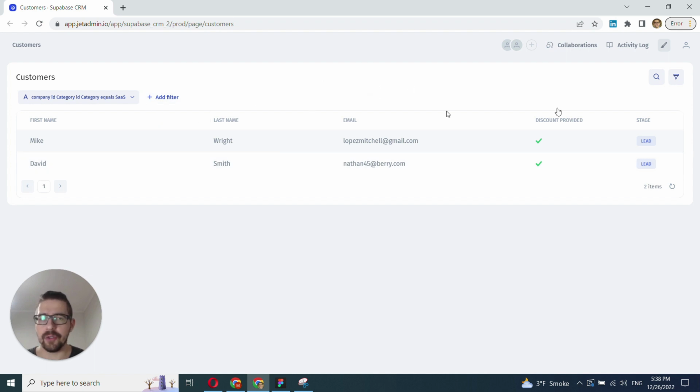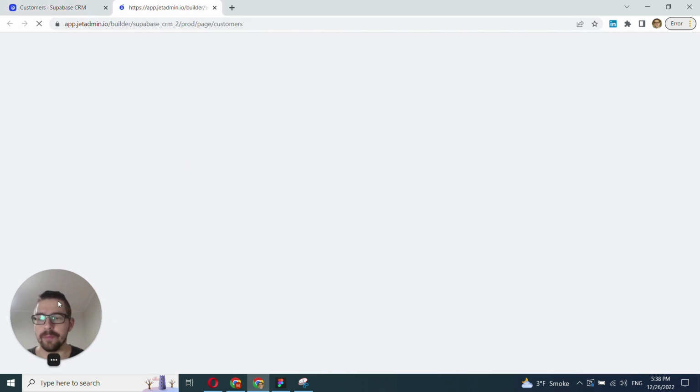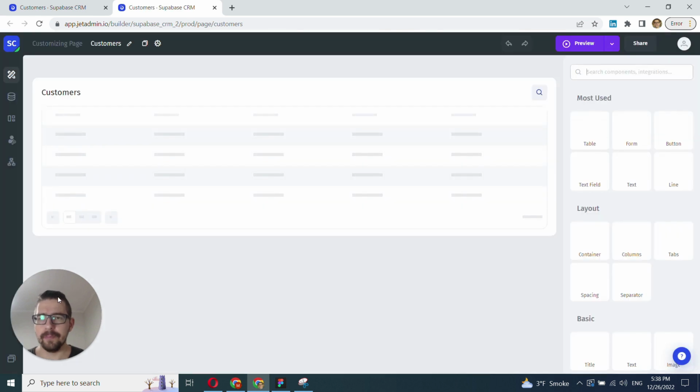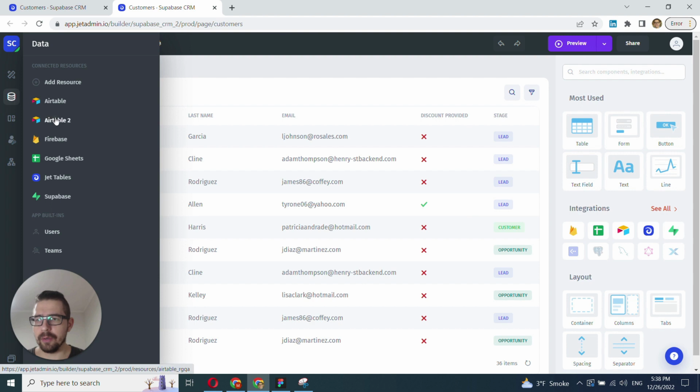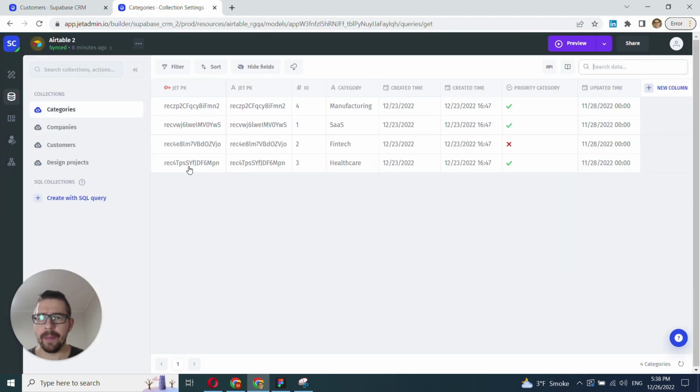The way it's done, I'll just show you a few prerequisites for how to set it up. We'll go to our Airtable collection, which I've used for this one. What you'll need to make sure of first, within your data editor, is that you have all your collections linked. What it means is one of two things. You either connect a database like Postgres or Supabase that already has these relations baked into the schema, and that is just fetched, and Jet already knows that certain collections are related.